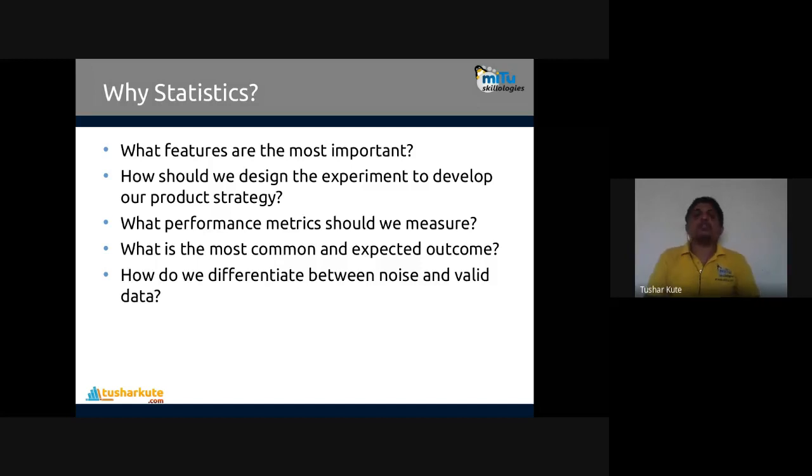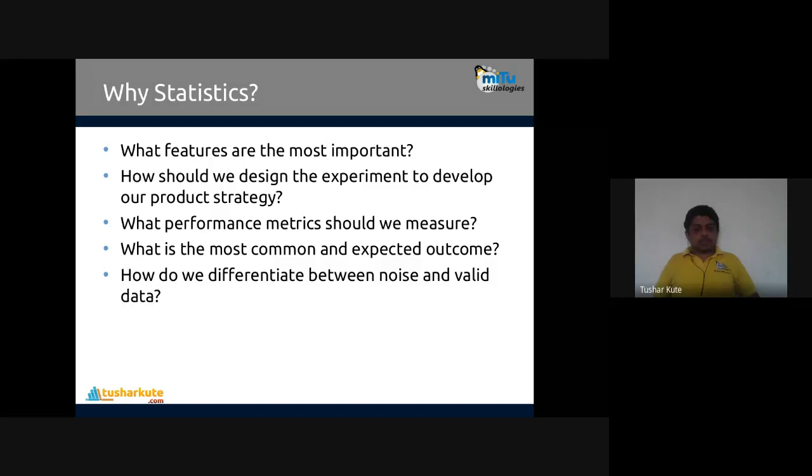Statistical modeling will tell us about the same. Most common expected outcome. So any machine learning model that you create is based on statistics, basically. So what can be the most common expected outcome that we can have? For example, I build a decision tree. A decision tree is a binary or multi-node tree of multiple decisions. Using the input that you pass, it will check the condition, and based on that, it will traverse through the nodes.